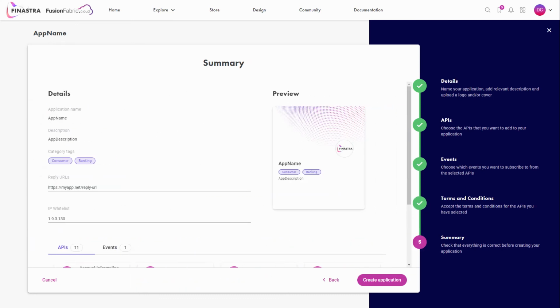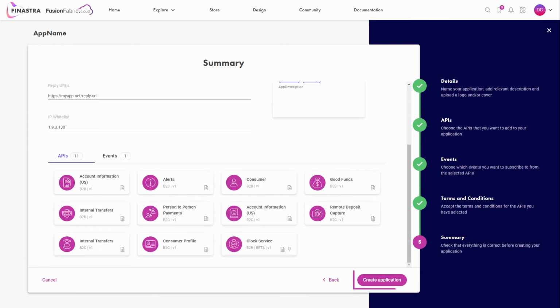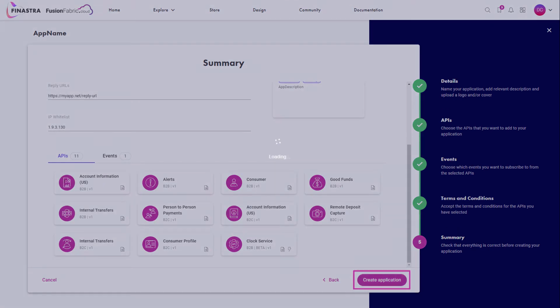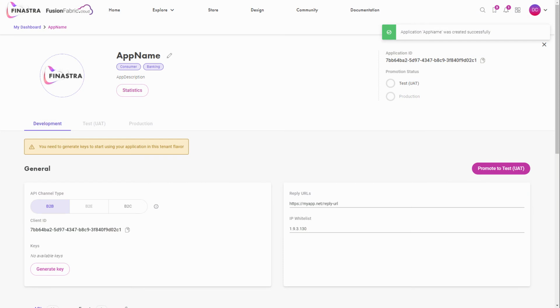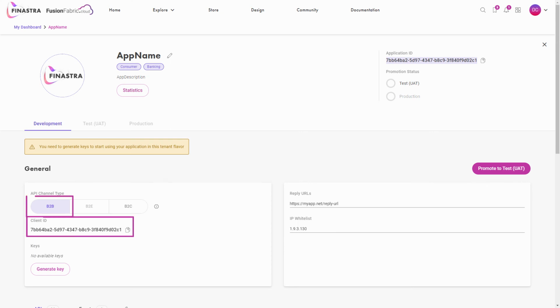Here's one short stop at the summary page before creating the application. Once created, your application starts in development stage with a unique identification number that you can see here. Depending on the type of the authentication grant flow you intend to implement on your client application, you need to generate different credentials for each API channel type.